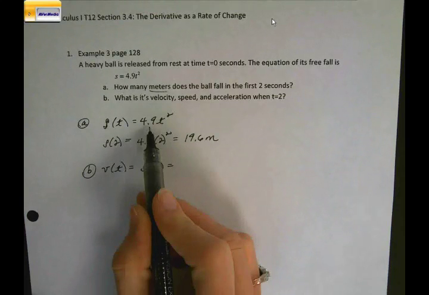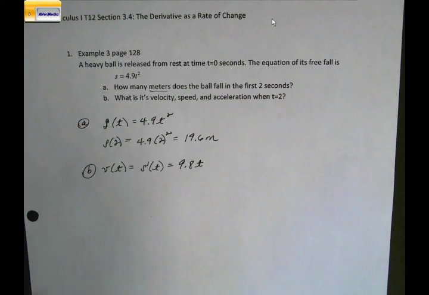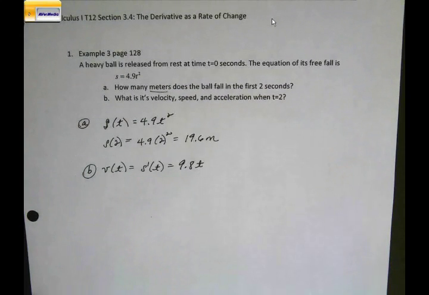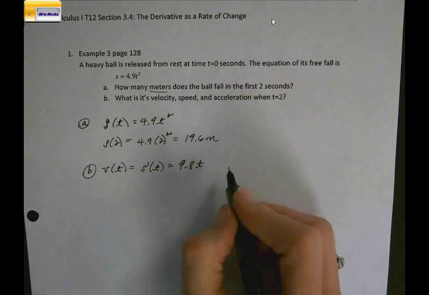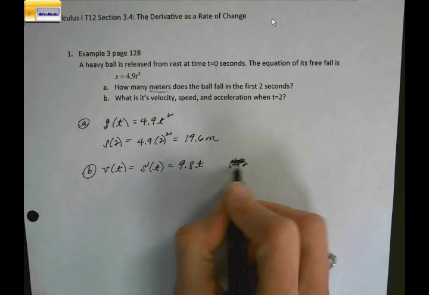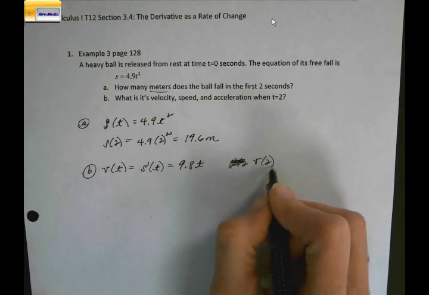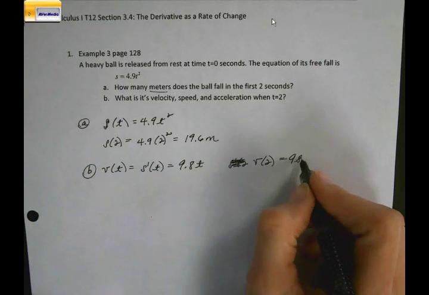So the first derivative of 4.9t squared is going to be 4.9 times 2, which is 9.8, t to the exponent of 2 minus 1, which is t to the power of 1. So that is your velocity. Then it says, what is your velocity at 2 seconds? So S prime, let's change that. Velocity at 2 seconds is going to be 9.8 times 2,